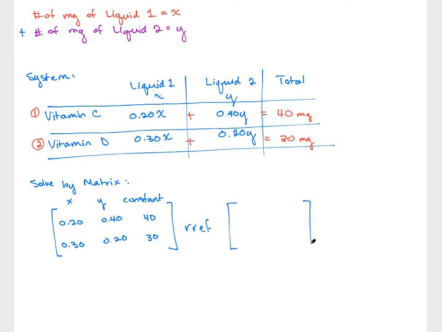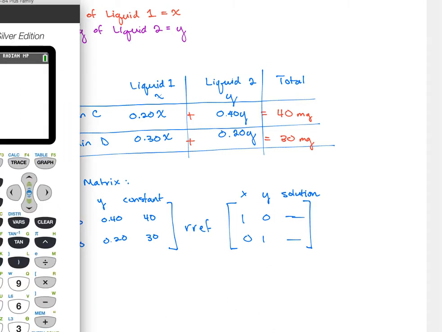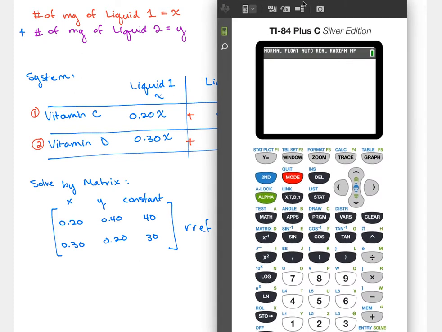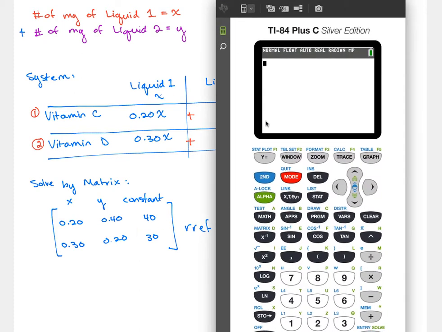And then that's going to give us a solution where the first column is still x, second column is y, and then the last column will be the solution. Okay, so we're looking for something that looks like this, and then we need to fill in the blank here. Okay, all right, so let's go to our graphing calculator, and let's put in our augmented matrix. So to do this,